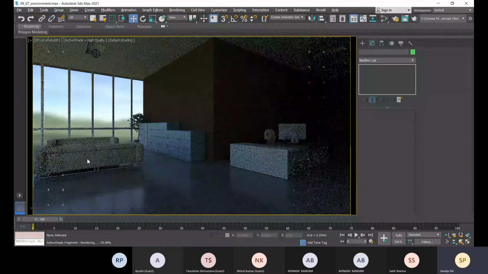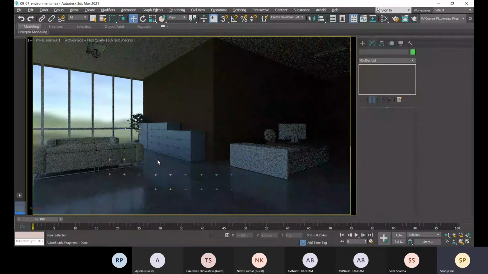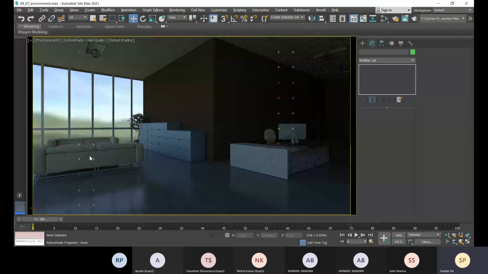So it will look like this according to this scene light. There is no artificial light anymore. We're getting it according to the scene light. Okay, so the light, we're getting it from this window. This is the transparent, and the light coming from this window.